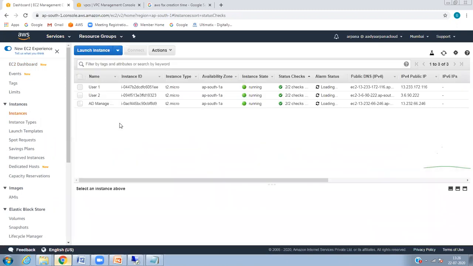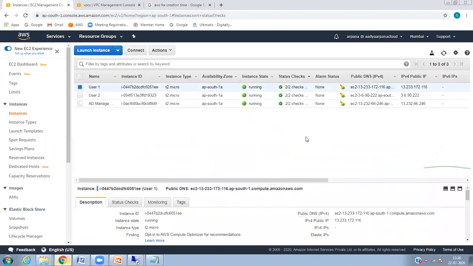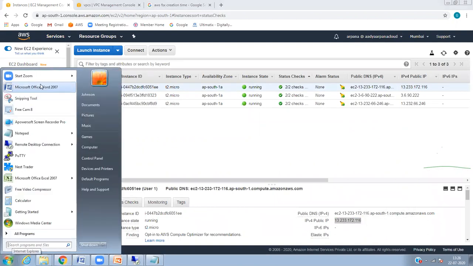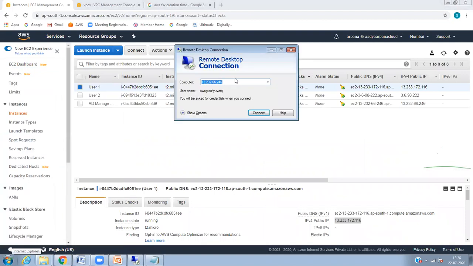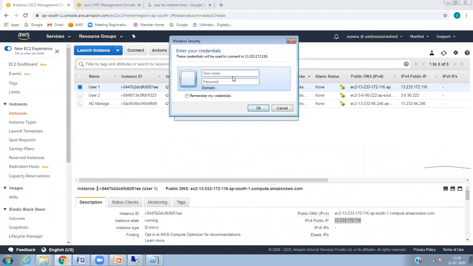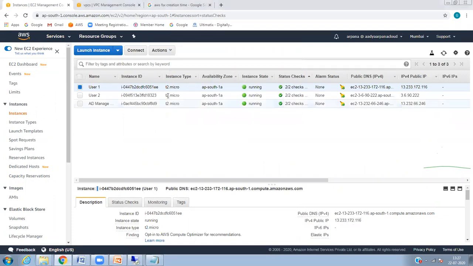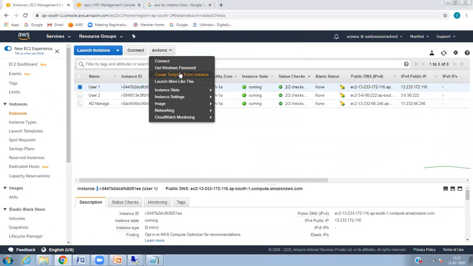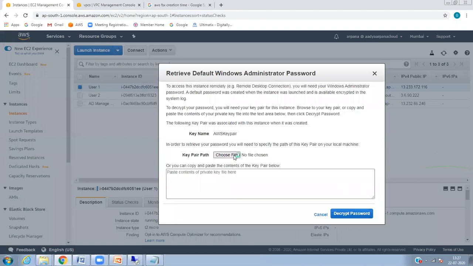So let's see this. User 1. Here I'll use an administrator, and let's use the common password. However, you can use your own password.